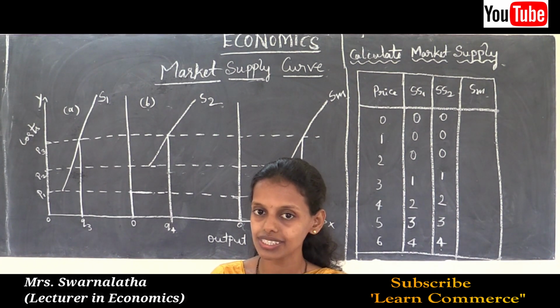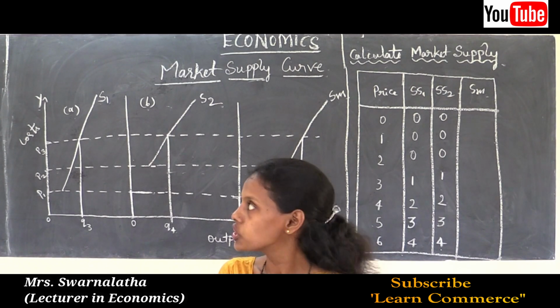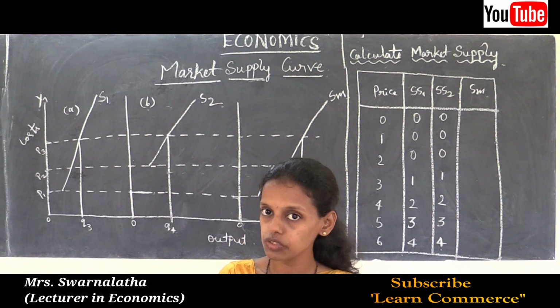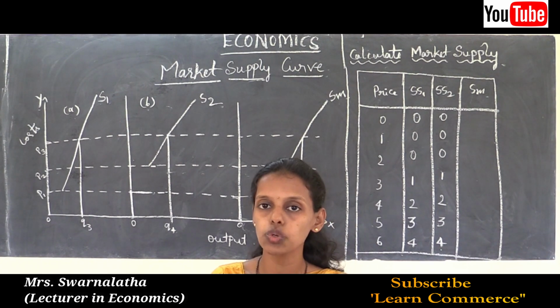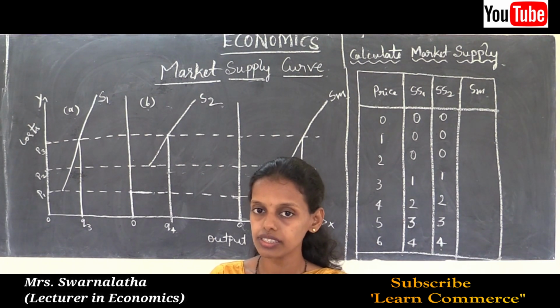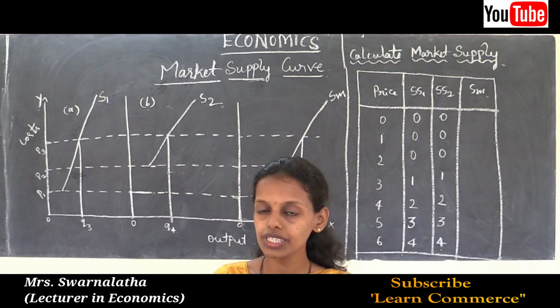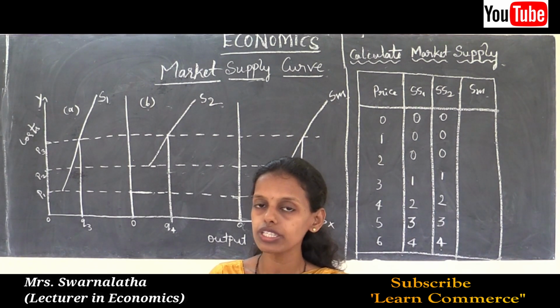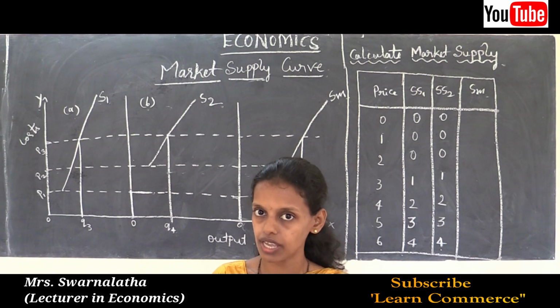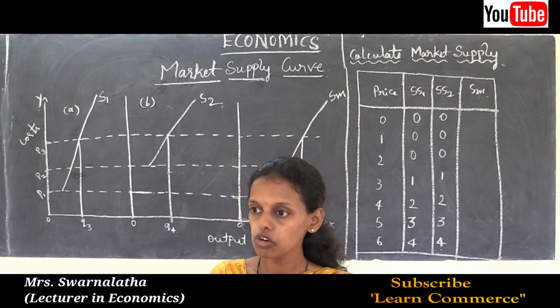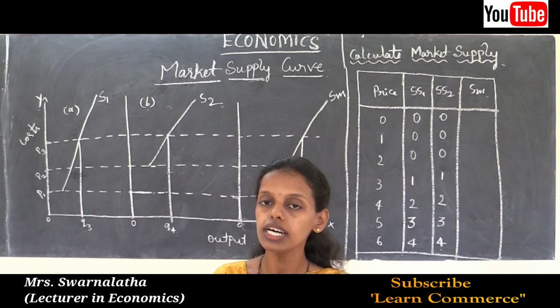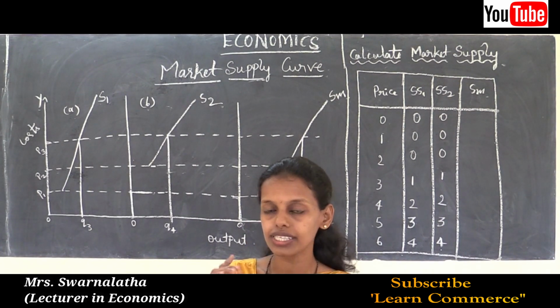In economics we call these economic activities. Under these activities, demand and supply take their own place. Without demand there will be no supply. If the demand increases, supply increases. In the long run all the factors of production are variable, as we studied. In the short run, factors are fixed or constant, because the short run is a short duration where we cannot change all the inputs. So let us move on to the market supply curve.